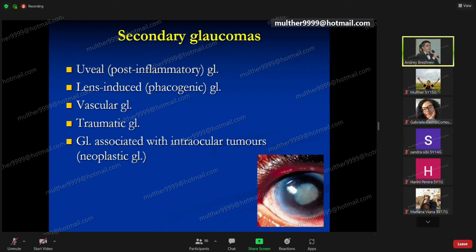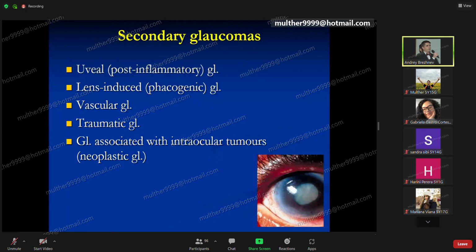Several words about the secondary glaucomas. Secondary glaucoma is a group of disorders in which rise of intraocular pressure is associated with some primary ocular or systemic diseases. Therefore, clinical features comprise that of the primary disease and that due to effects of raised intraocular pressure. All types of secondary glaucomas may be grouped as follows: uveal or post-inflammatory glaucoma, lens-induced or phacogenic glaucoma,